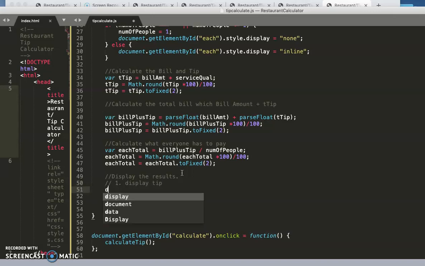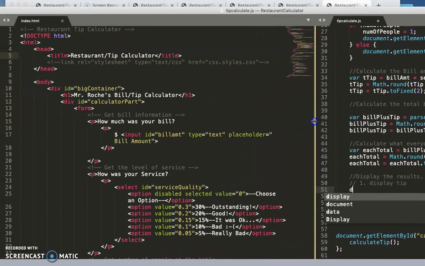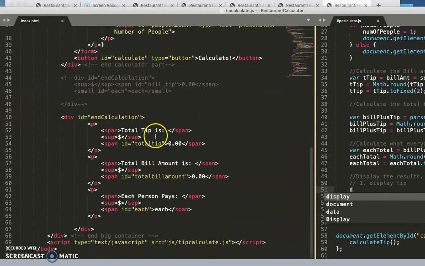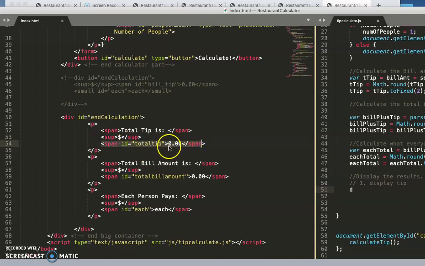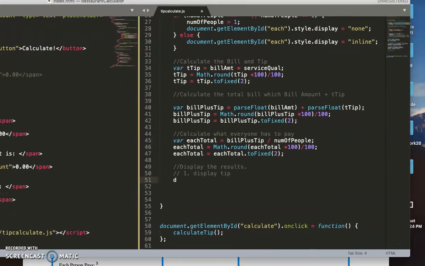The way you do that is you go back over to the web page and find out where the tip's going to be displayed. That's going to be in this new part down here. So we're going to display the total tip right here. See that? We have an ID here for this little area, and see where it says 00? We're going to stuff it now with the right amount. And that's how this works. So we're going to say document.getElementById, which is really our friend the whole time. Okay, and we're going to